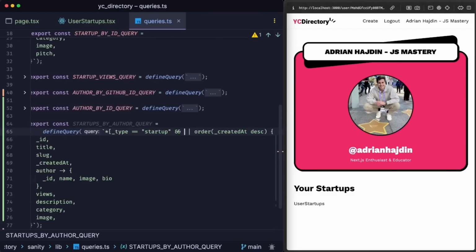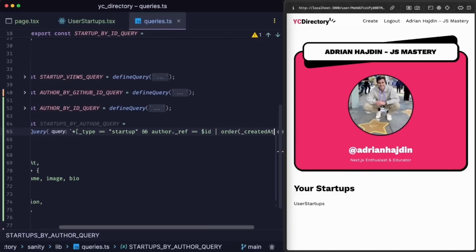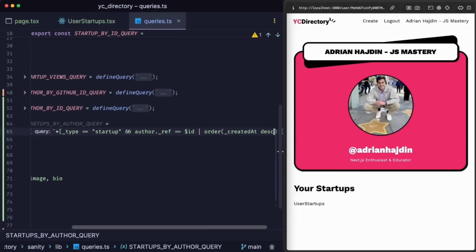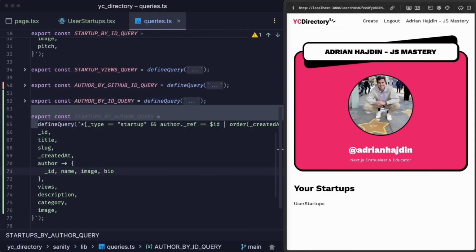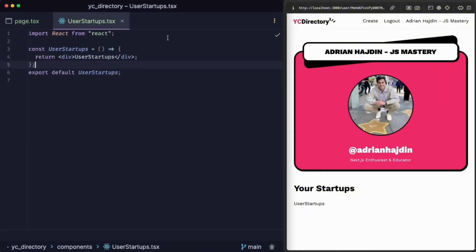Okay, so we're going to say and author dot underscore ref is equal to $ID. So we're comparing it to the author we're searching for, and we will still order it created at descending. And then we want to return all of the information that we previously returned. Great. So now we can copy the name of that and go back, and we can import it right here